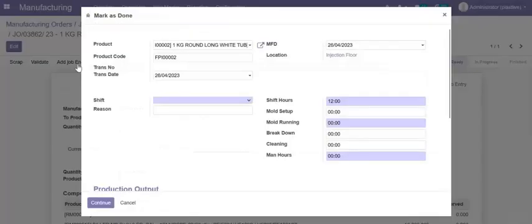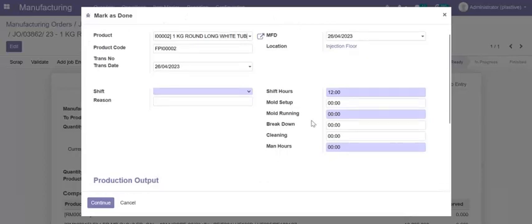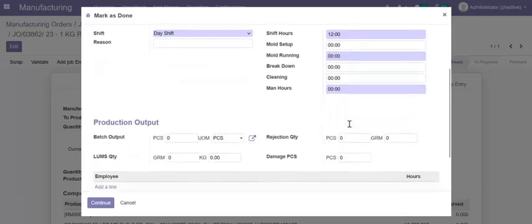On clicking the job entry icon, you will be redirected to a wizard that will have other details like the shift. You can select the shift details, you can mention the mold setup hours, mold running hours, and if any breakdown happens, you can also mention the breakdown and cleaning hours. Below that, you can mention the batch output quantity, that is, I have planned a certain quantity to be produced, but in this particular shift I may have produced a partial amount. I can mention the quantity here, and based on this,